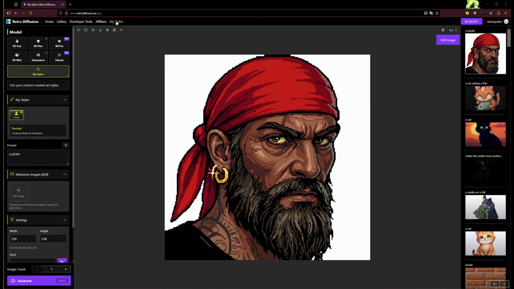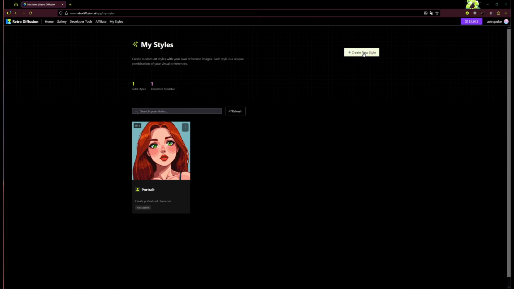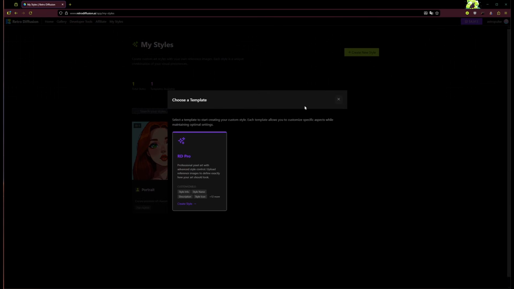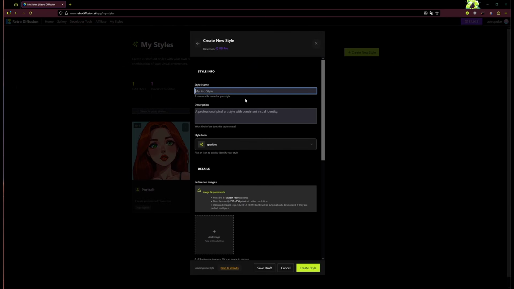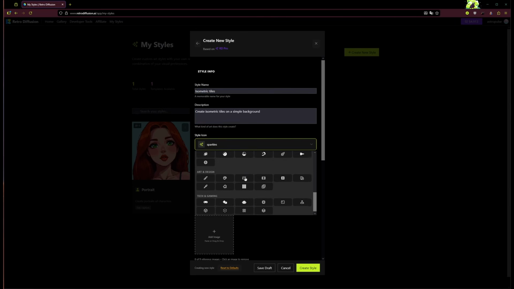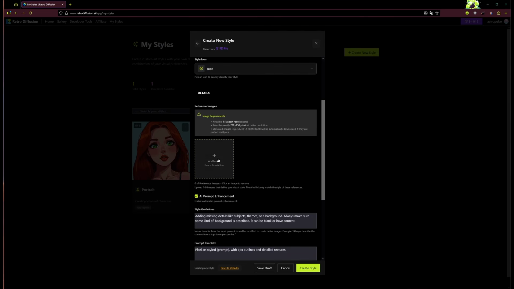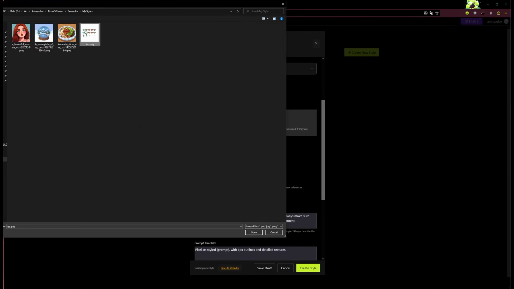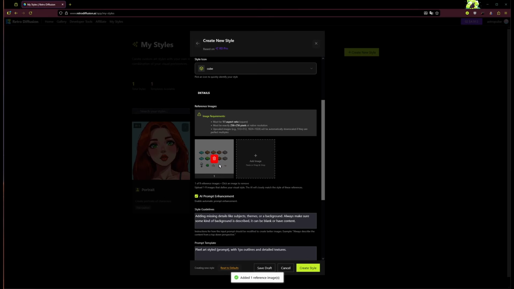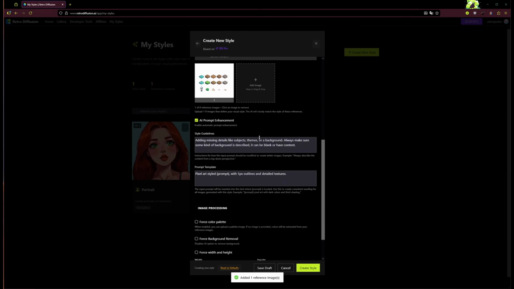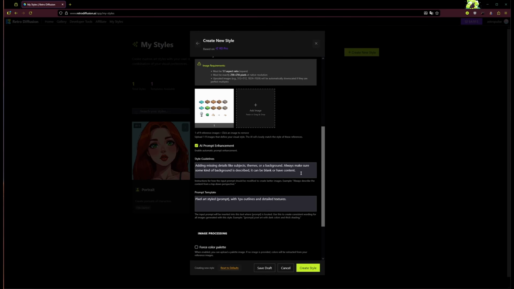But let's go and make another style, and I'll show you something maybe a little more interesting. This one will be, let's go with isometric tiles. And I will grab that. I think that icon fits it. And then I'm going to use this reference image here. And we're going to leave on the prompt enhancement. And I'll say,